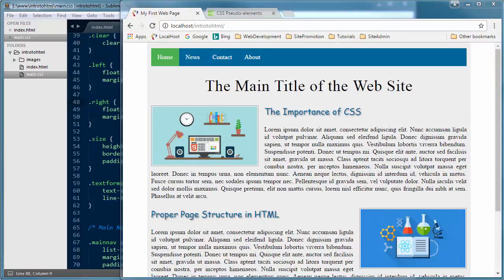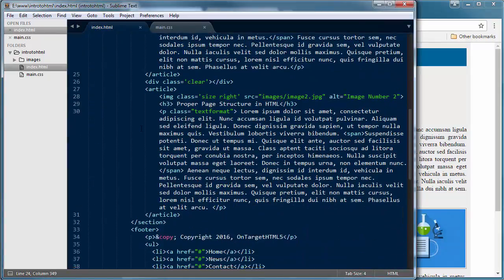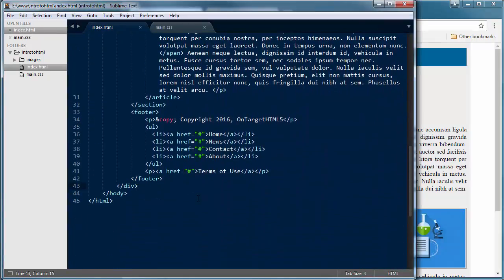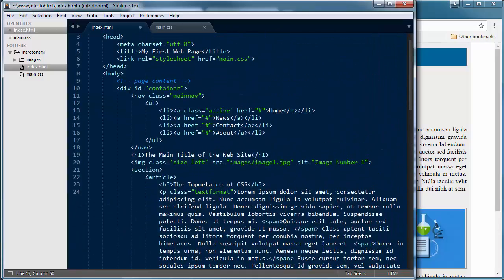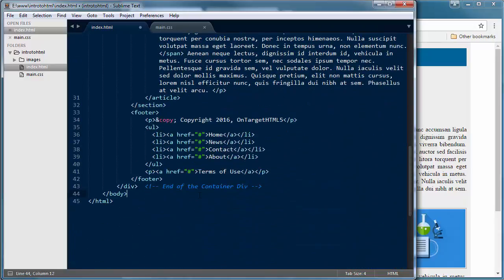The first thing I want to do is come back into our index.html file and go to this bottom closing div tag. As your pages become larger and larger, I tend to add comments to these closing elements so I know what they pertain to. So I'm going to add a comment to this closing element to let me know, by glancing at this page, that this closing div element pertains to my container. If you remember, we set up this opening div up here and gave it an ID of container. This is what contains everything that's part of my page. And I want to put down here that this is the closing element for that container